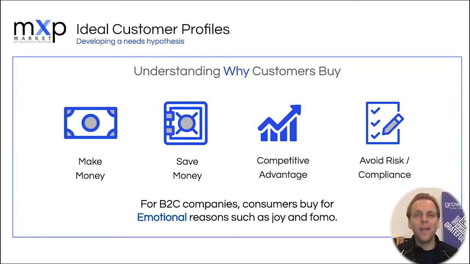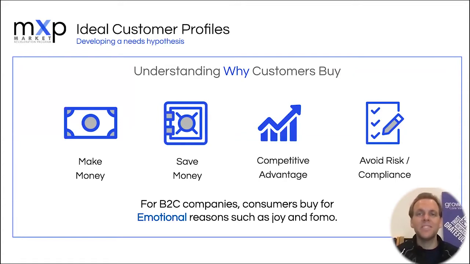And the reason you're trying to create an ICP is so that you can evaluate who is the most likely to buy with the least amount of effort. So you're going to come up with multiple different ICPs, and you're going to run them through the same process, and you're going to evaluate inside the building, as we like to say, which ones have the most logical, practical case for having a good business pain or business use case for your business. And if you want to know, well, how do I know who has these reasons to buy? You take these 4 pain points and you flip it on its head. So if a company wants to make money, then they're probably doing something where they're not making enough of it.